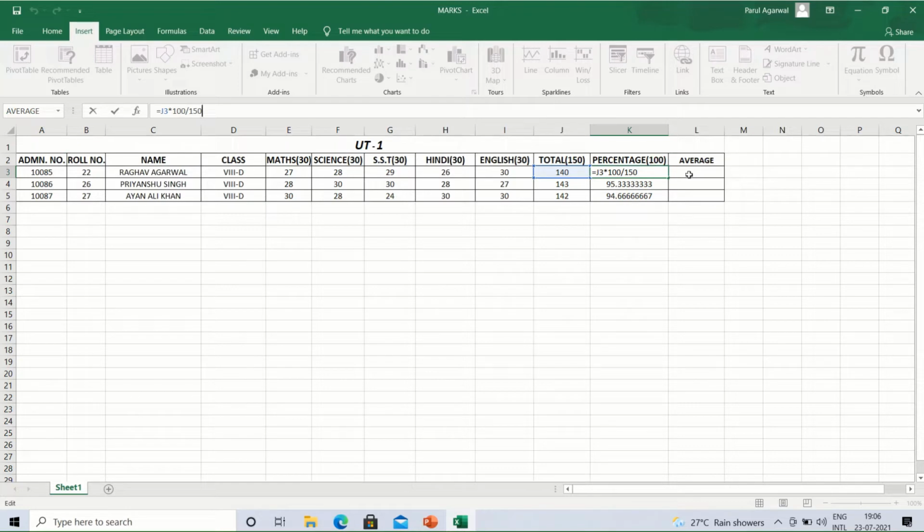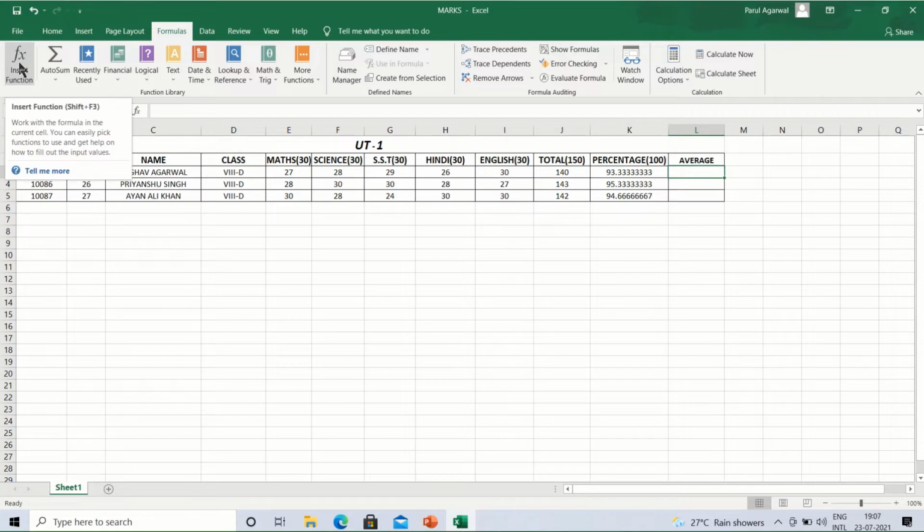So now we will discuss how to calculate the average. For calculating the average, we will first of all click the resultant cell address, that is L3. This is activated as the active cell. Now we will click on the Formulas tab given at the top after the title bar.